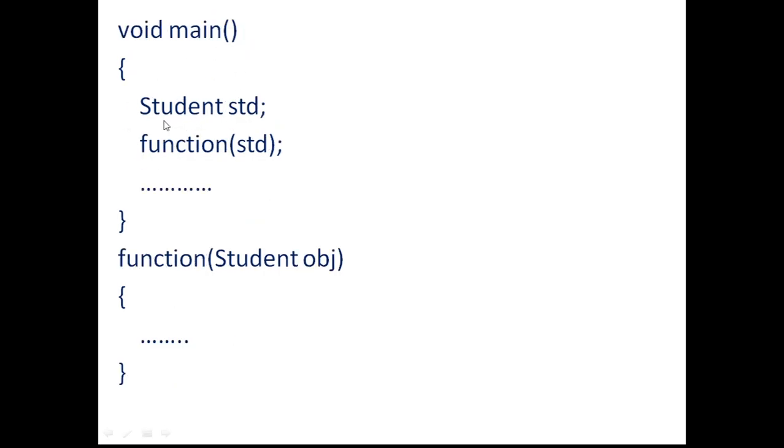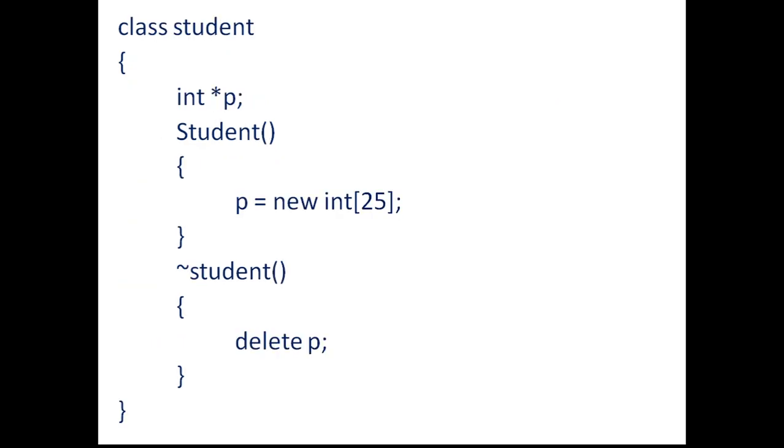Here, I first create an object for that particular class. For the previous class I am creating an object. Whenever you create an object, what will happen? It will make a call to the constructor. So the constructor gets called here. That is just an expected action, so that the memory will be allocated for P. Now the new operator gets executed, and the 25 memory locations are assigned to P.